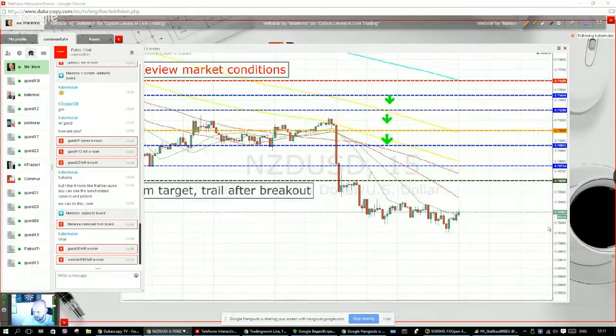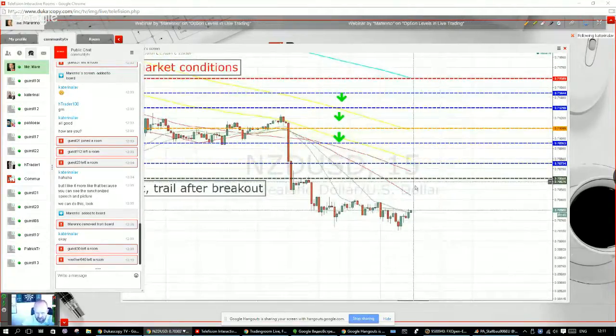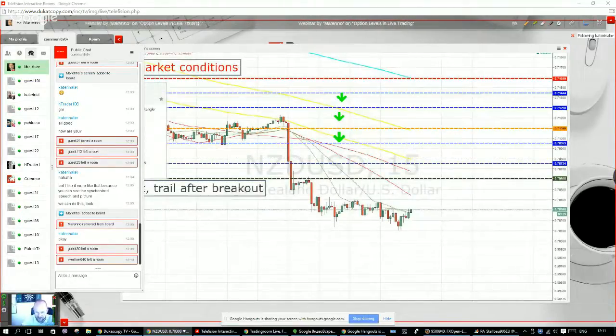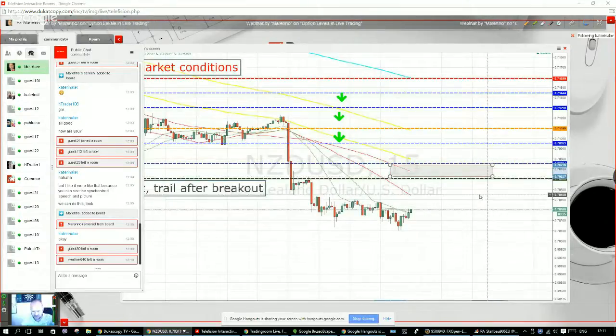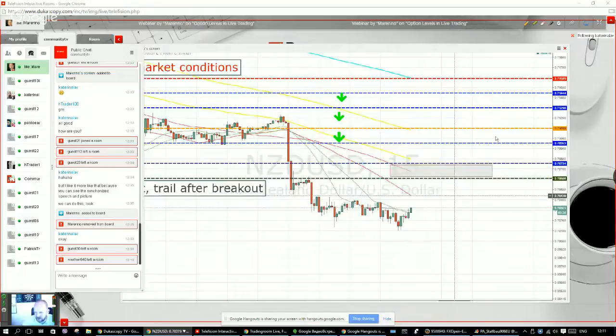All right, so the price has already broken through this level here, and at the moment I do consider this level to be a resistance. So this area around here is a resistance area where we might try to sell it during the beginning of the US overlap session. So let's see what's going on with